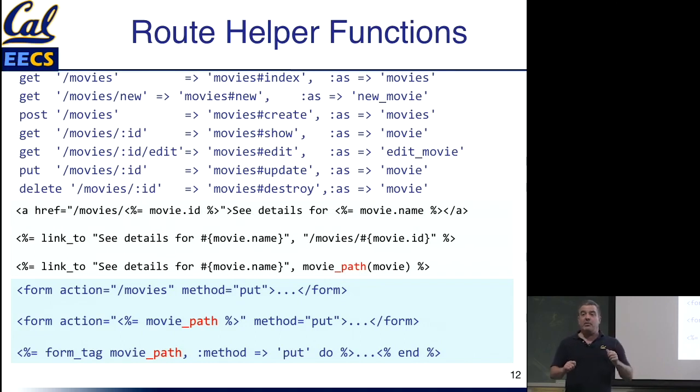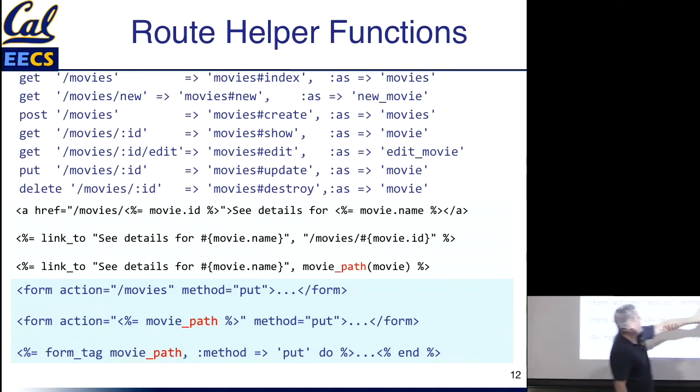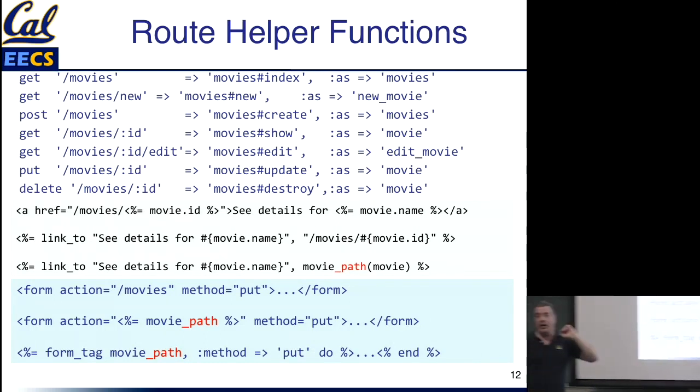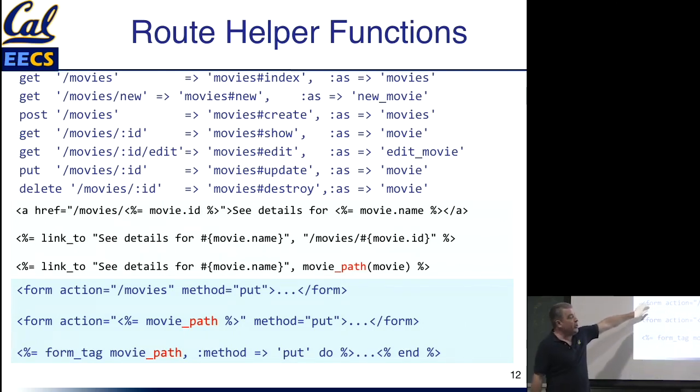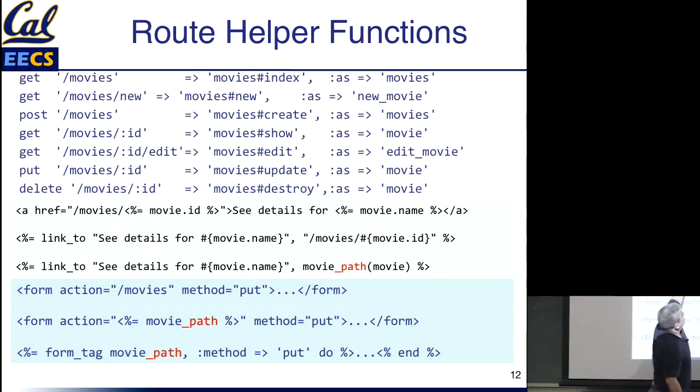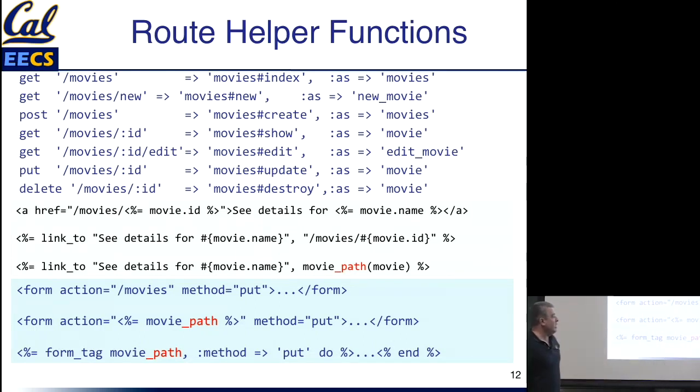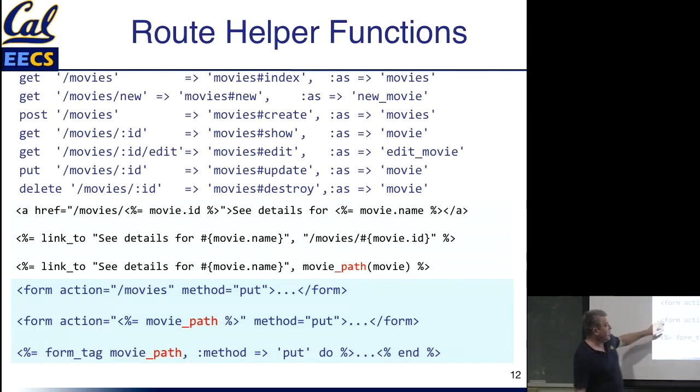So again, what does that mean for the route to which the form submits? It's the HTTP method plus the URI gives you the route. So here's a route that ideally would submit using put to /movies. And somewhere in the form is going to be, hopefully, a field that has the movie ID, right? Because this route, put /movies, expects that the route will have an ID in it somewhere. But we could have the same route using these helpers, right? We could say,